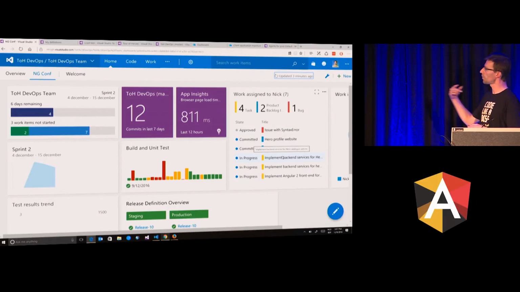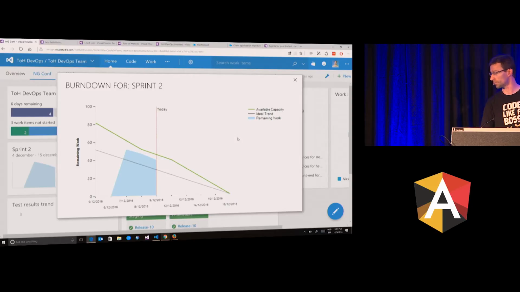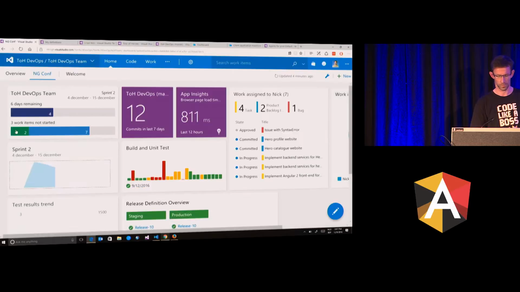I can see my builds, my unit tests. I can see here my burn down chart. How are we doing? Are we on track or not? Okay, so that gives us a feel of how to manage our work. And then we can dive a little bit further and, if the Wi-Fi permits, see our Kanban